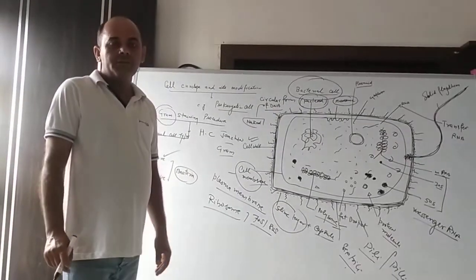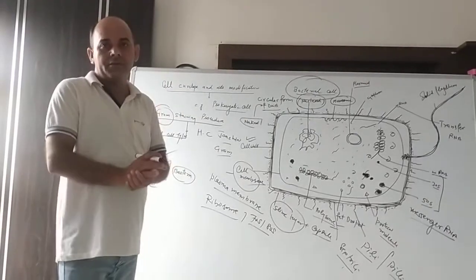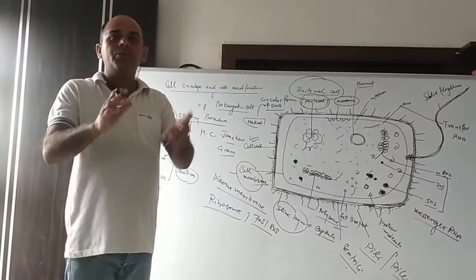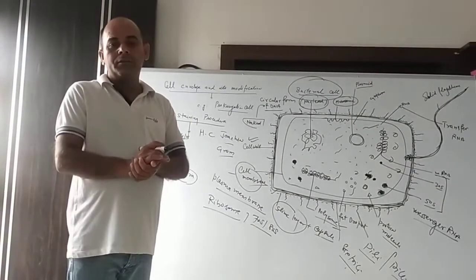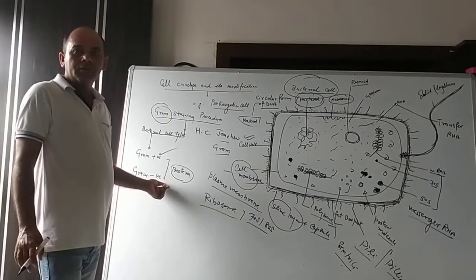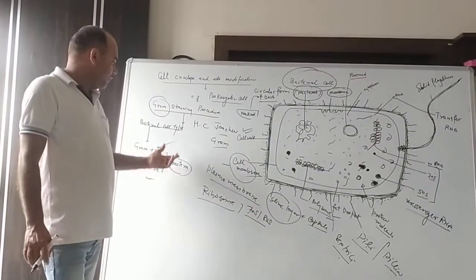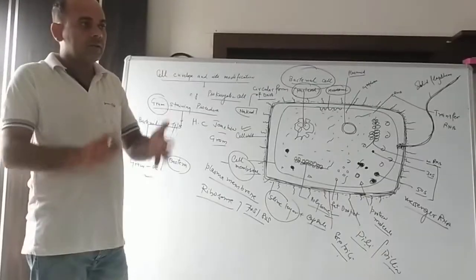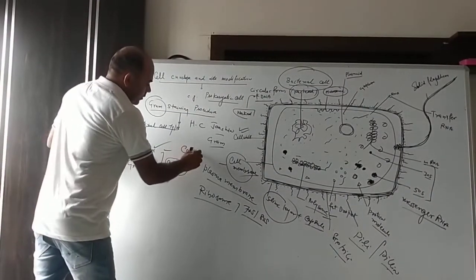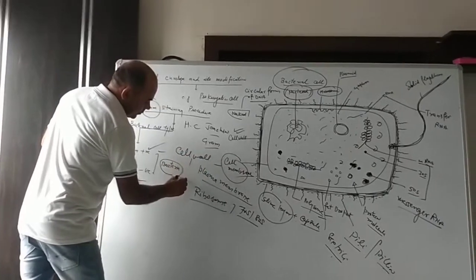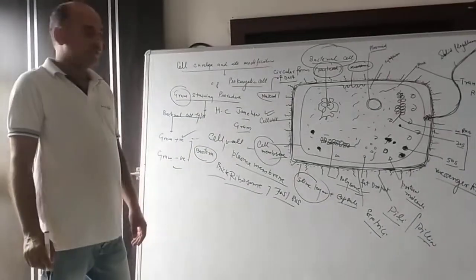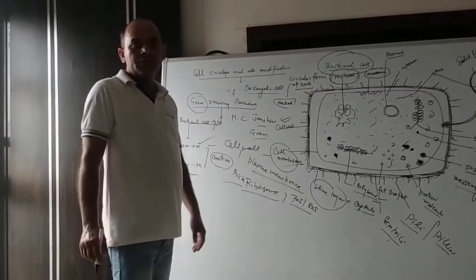Those bacteria which retain the crystal violet stain are called gram positive. Those bacteria which do not retain the color of the primary stain, crystal violet, are called gram negative. In short, we can differentiate these bacteria on the basis of the thickness of the cell wall. In gram positive bacteria, the cell wall is thick. In gram negative, the cell wall is thin.